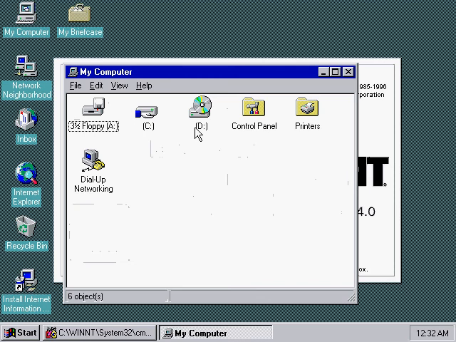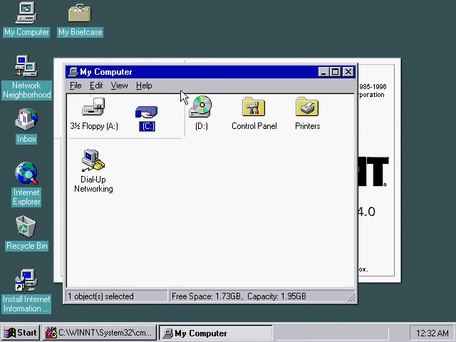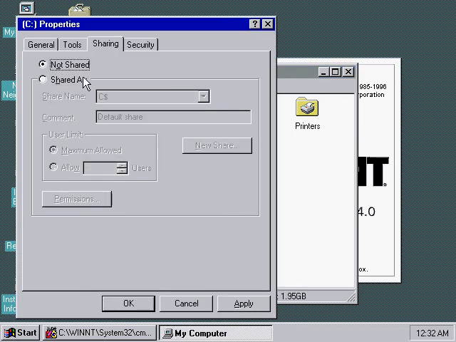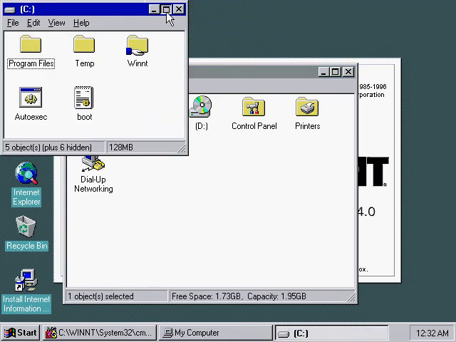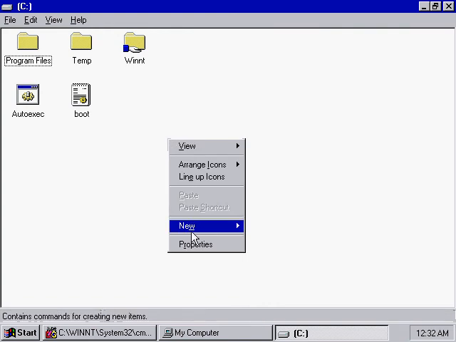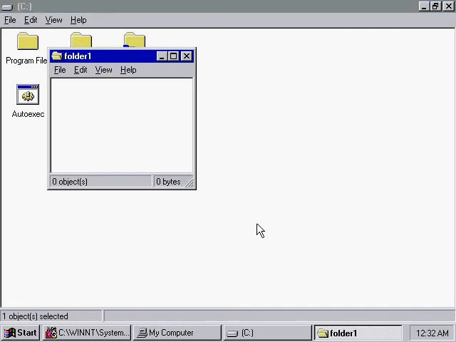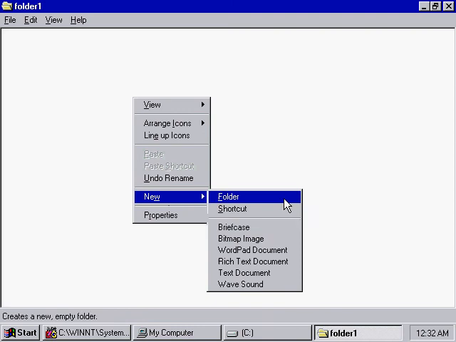Now you can share any folder or drive. This icon shows the share. To remove the share, right click, properties, and not shared. OK and refresh. I am going to create a folder 1 and going to create a file in folder 1, file 1.